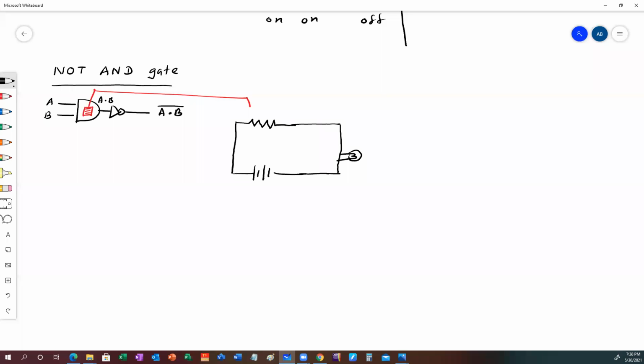Bulb, switches A, B, right? And battery. This is the switching circuit of this one, right? Then you have to have the truth table for this one. Now here you get